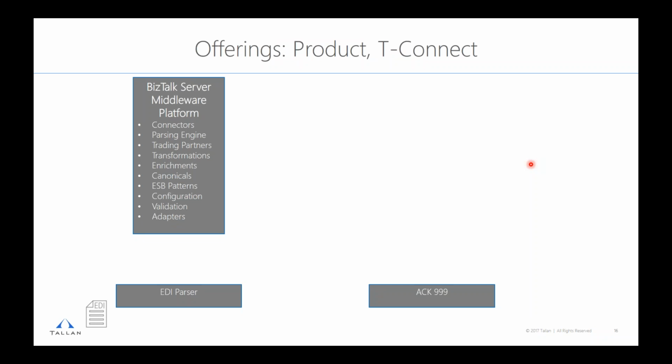We also have an EDI component, what's called the T-Connect HIPAA accelerator. It also works with non-HIPAA EDI as well, so supply chains, purchase orders, invoices, any type of EDI that's out there, this will work for that. I see BizTalk does a lot of things, but I don't think BizTalk does EDI especially well, and that's really where we've developed a bridge for that chasm.